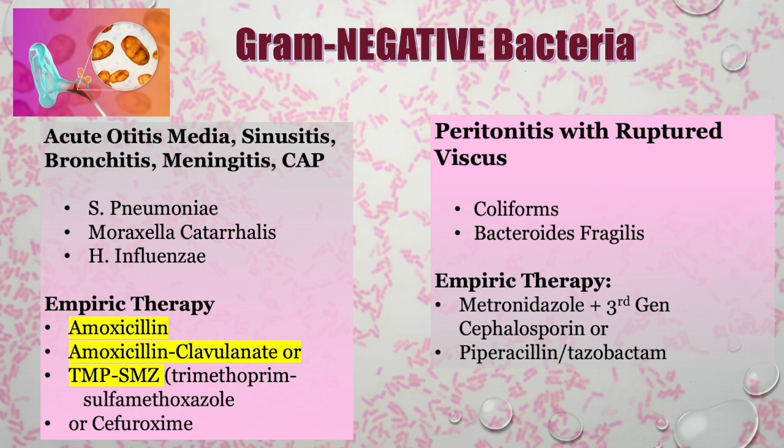More bacteria, including acute otitis media, sinusitis, bronchitis, meningitis, and CAP, are caused by S. pneumoniae, Moraxella catarrhalis, and H. influenzae. These infections have the empiric therapy of amoxicillin, and you can use the broad spectrum version of amoxicillin, clavulanate, or Bactrim, or cefuroxime. Peritonitis with ruptured viscus would be an infection caused by gram-negative bacteria, and empiric therapy includes